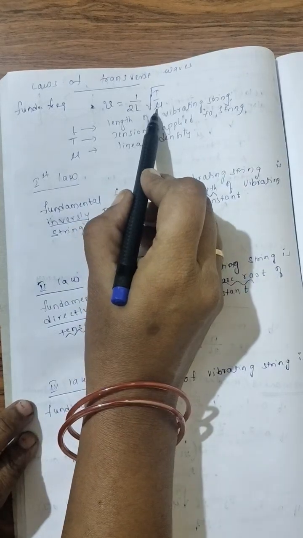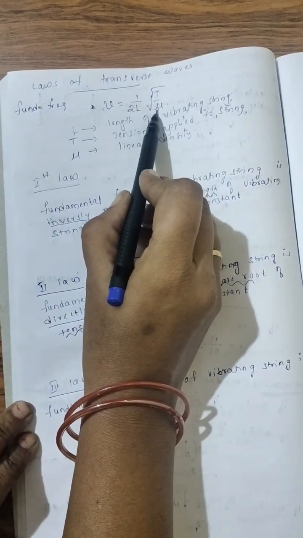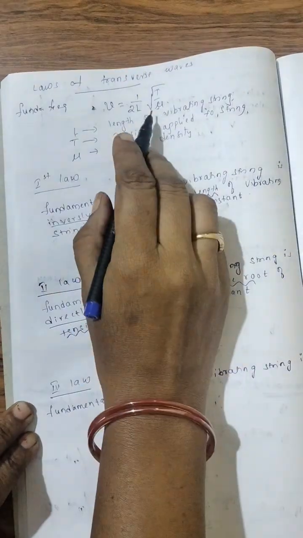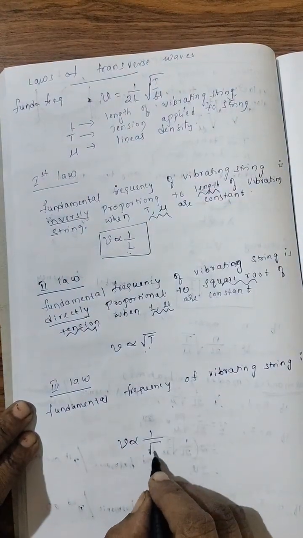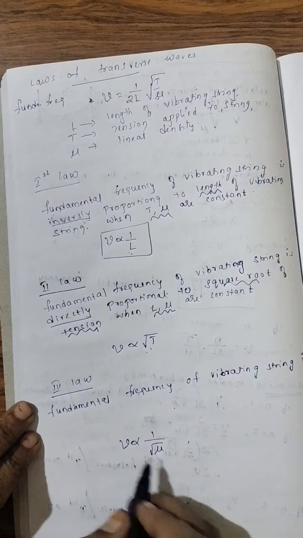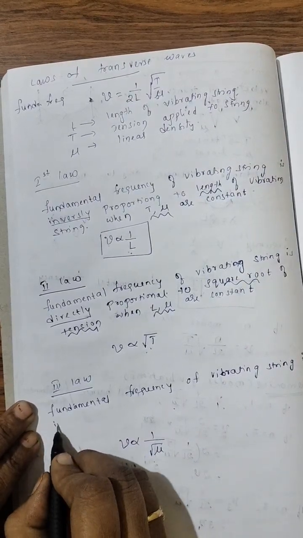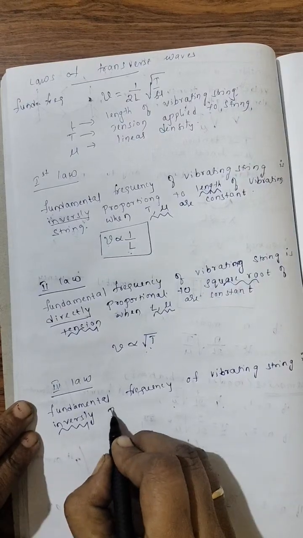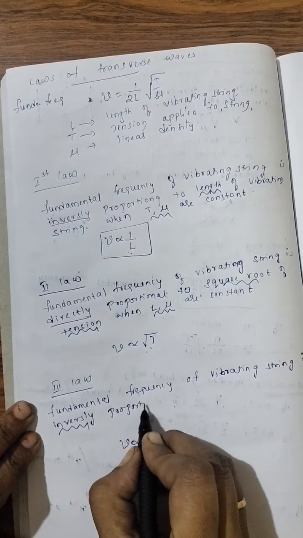What is remained? Mu is remained. Right? So what will I write? Proportional to 1 by root mu. So it is in denominator. So instead of directly, inversely proportional to,